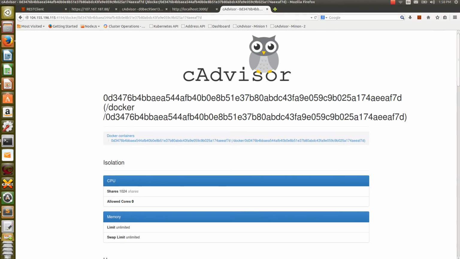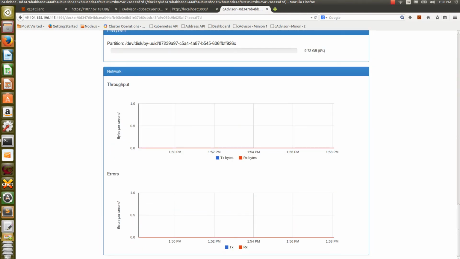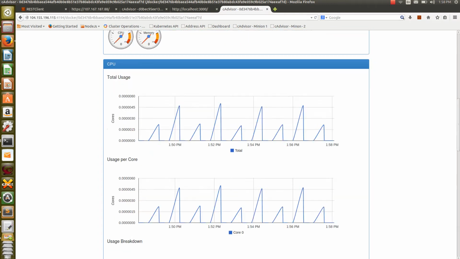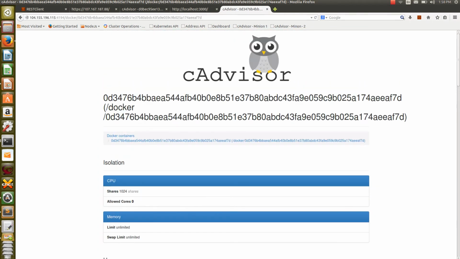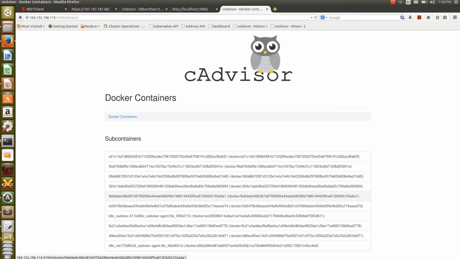Some of the containers are running, and you can see there is no throughput and no error. So we are going to simulate the scenario and come back to how to monitor these containers again.